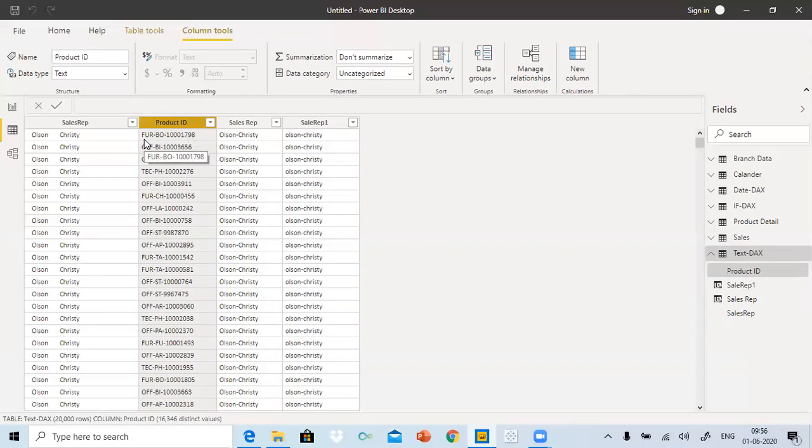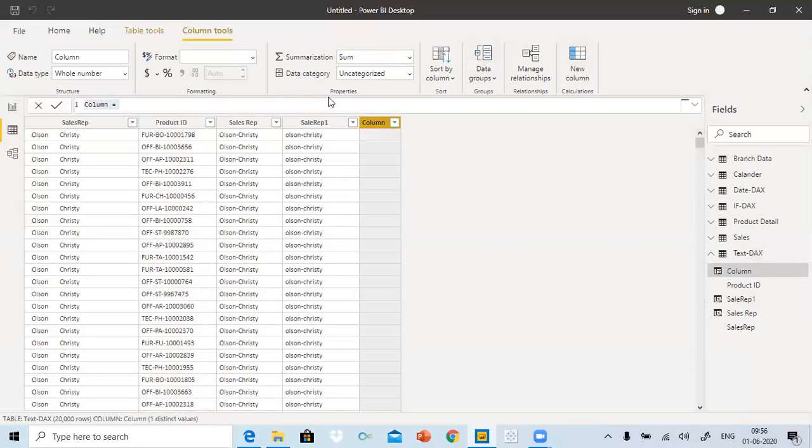The product code is coming from the left side, so we'll use this formula. Let's say the name will be product.